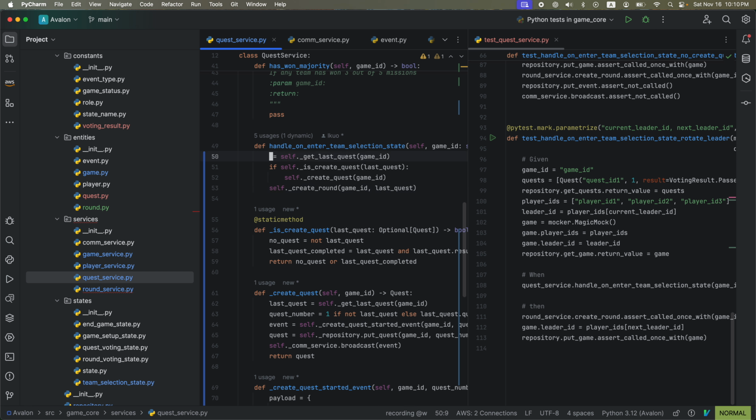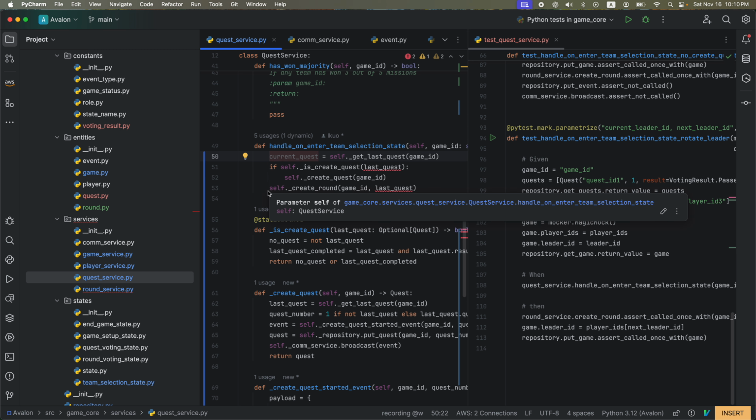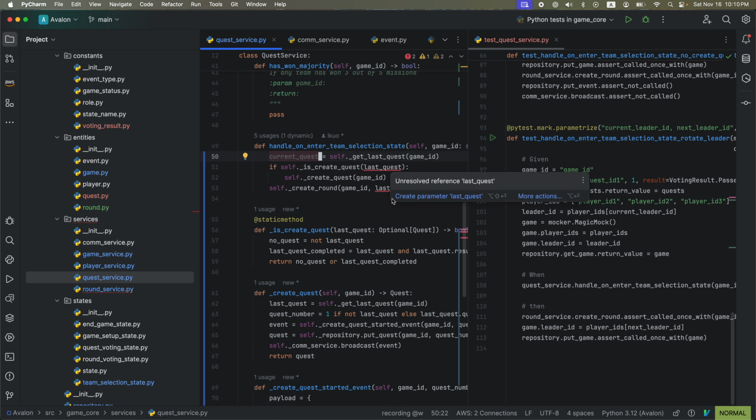No, I want to call it current quest, right? So if current quest, no, last quest. Yeah, last quest. Current quest. No, last quest is last quest. Now, if created,